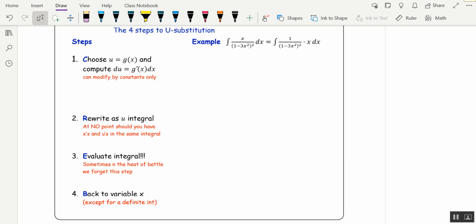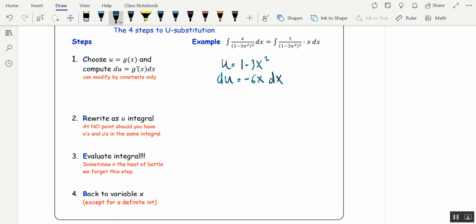original integral. All right, so now I want to formalize this process and give you a set of steps you can follow in order to do a u substitution. So as I go through the steps, I'm going to do this example up here. And the first step is to choose u. So this is the art of u substitution. I'm going to let u be the inside function, 1 minus 3x squared. And then I'm going to compute du. So just take the derivative of 1 minus 3x squared, which is negative 6x, and then put the dx on